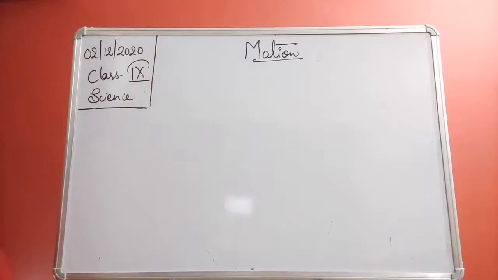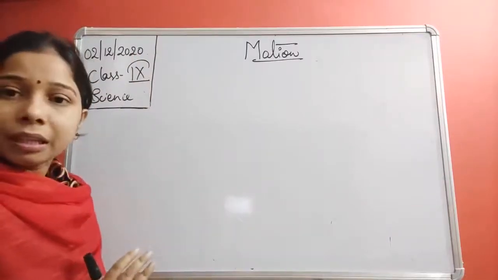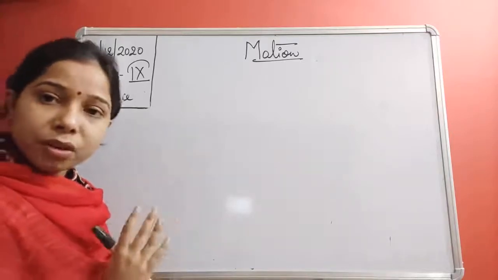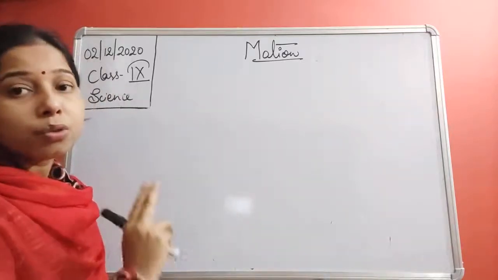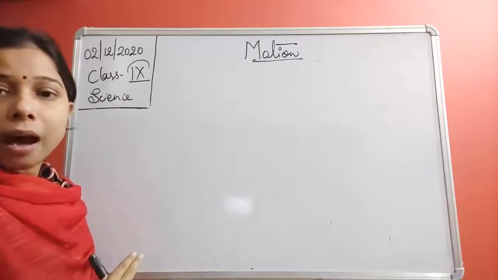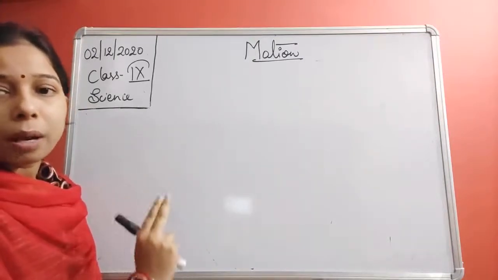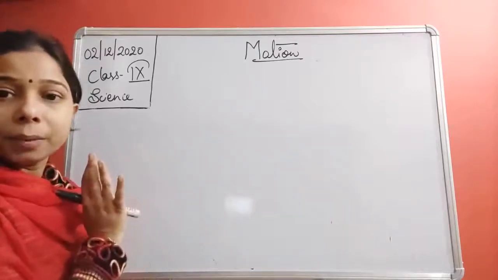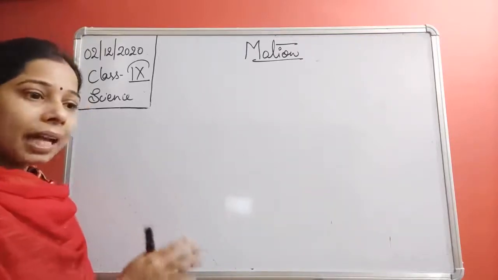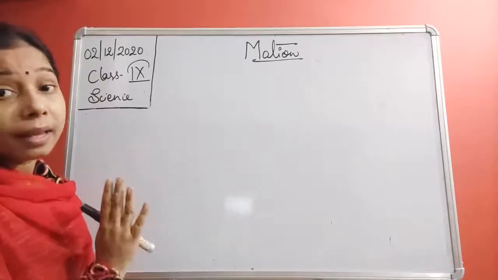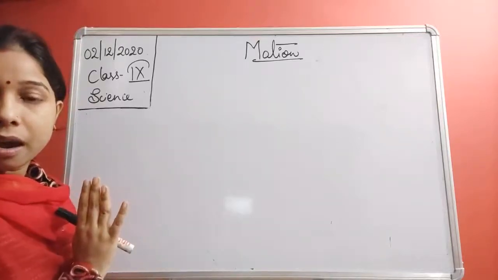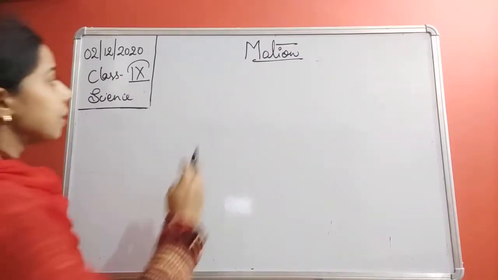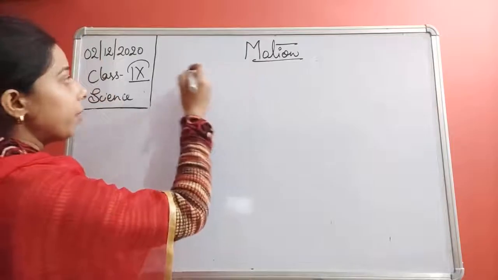So you see, students, we have seen that there are three equations of motion. That is, v equals u plus at, s equals ut plus half at square, and v square equals u square plus 2as. So this we have seen, we have derived it. Now, we can derive these same equations with the help of the graph. And for that, we use a term: deriving the equation by graphical method.